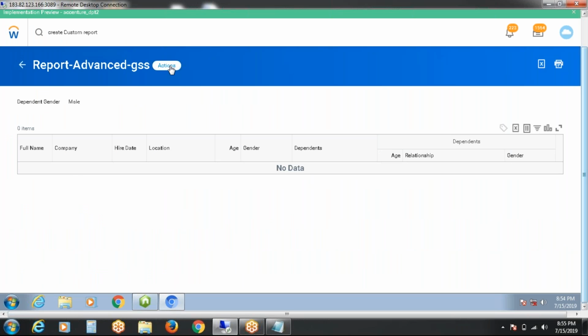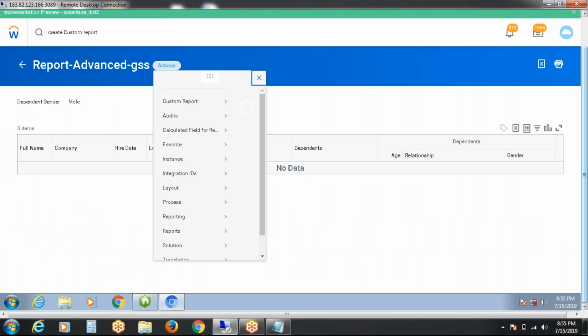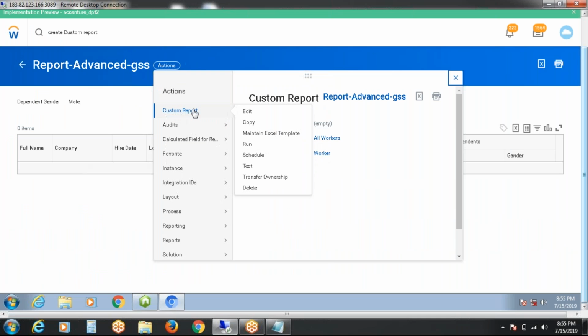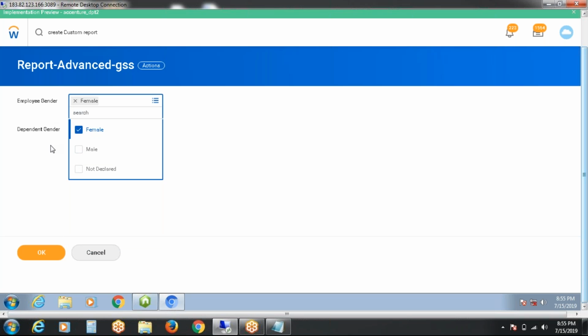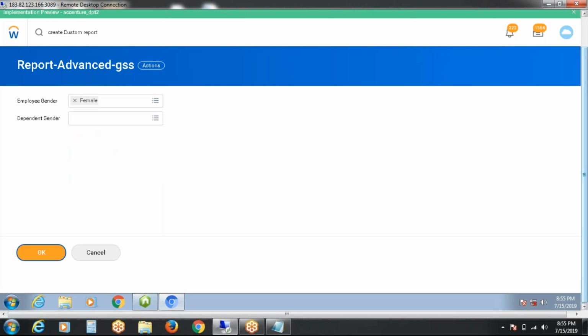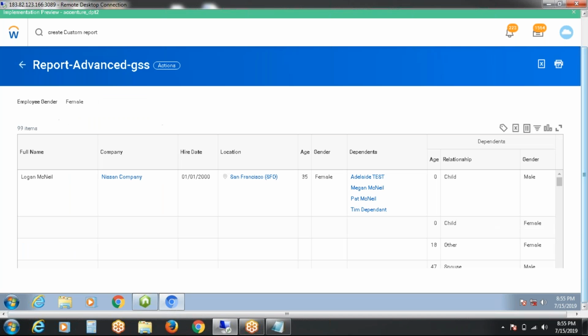Now I am going to interchange these two. Go to related actions. Run the report again. And for employee gender I am selecting female and dependent I am leaving blank. Now the report will generate. See? This is a hard prompt.